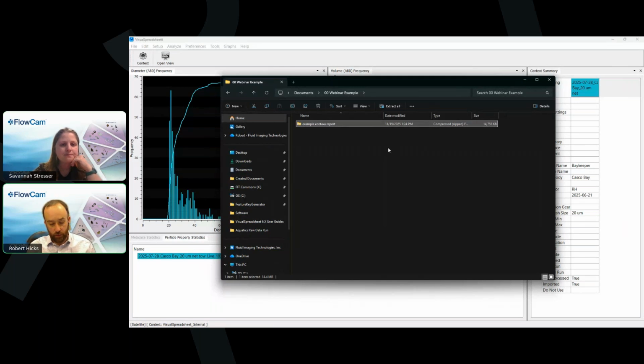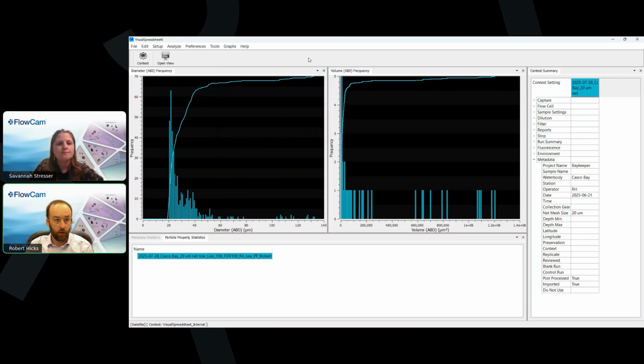But it might be useful just to get a feel. As with most things related to capturing data on the FlowCam, the unfortunate simple answer is it depends. Somebody with a color camera versus a black and white camera is just going to have larger image files generally. But as you can see, these were for 3 runs, and it's not very large. It's only 14 megabytes. And so if I went here and I opened those 3 runs,